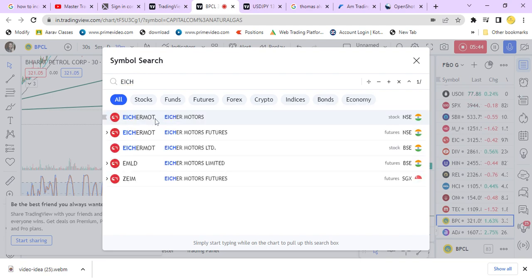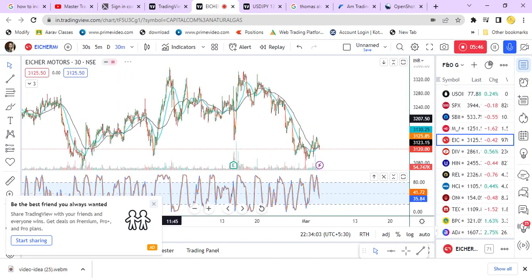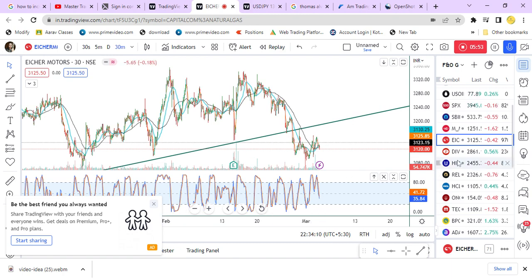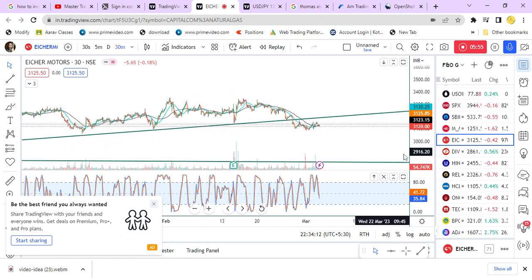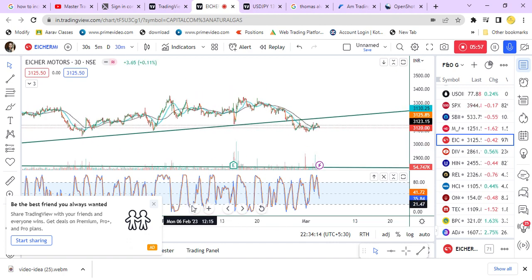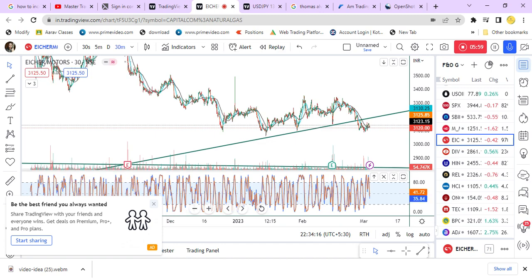If you look into Adani Enterprise, both the calls, the sell call and the buy call, we booked the profit. And here Eicher Motors, let us analyze. So here you can check. The value is staying on a support line. Okay, so this line is a support line, and we can see over here